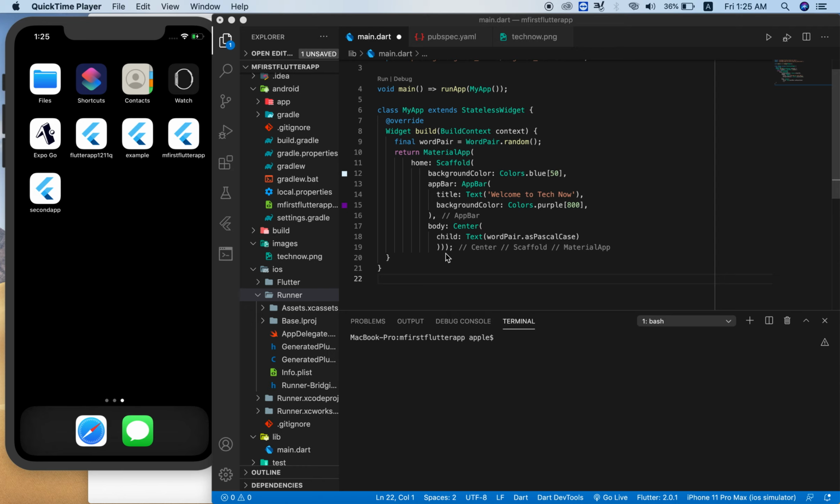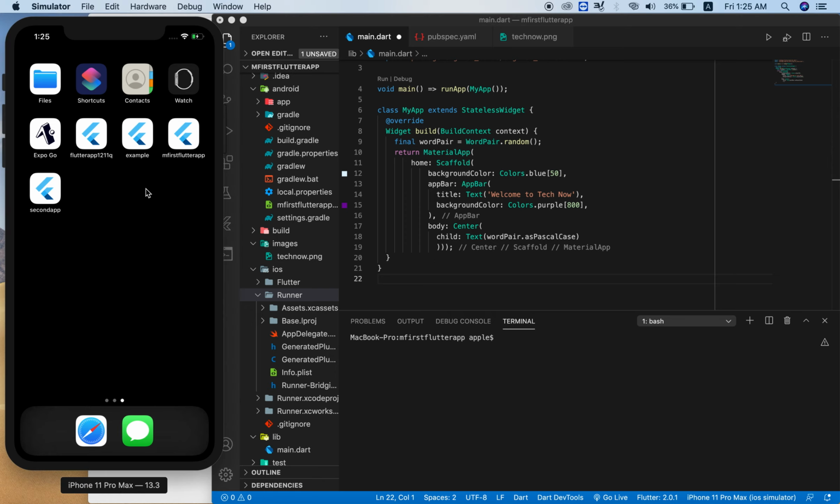Today we're going to study how we will change our app icons in Flutter app development. Very easy. If you look at the simulator, you can see I have several apps here, but all of them are using the default Flutter icons. Good. So what we do today is to simply learn how to change the Flutter